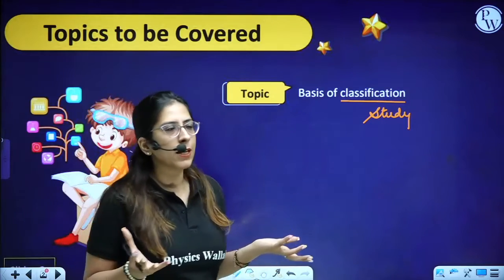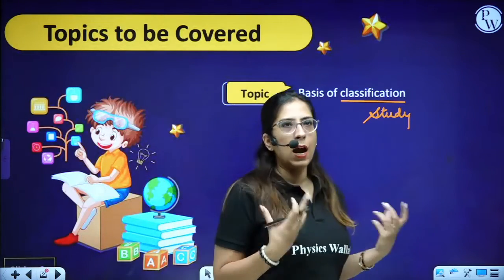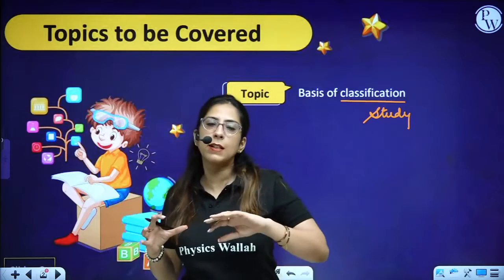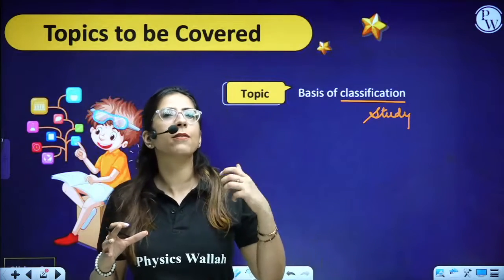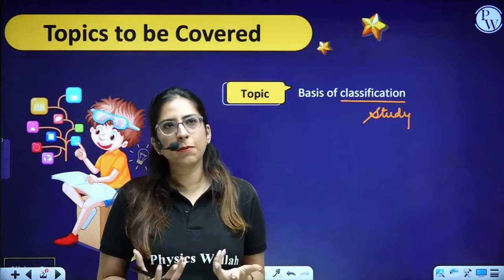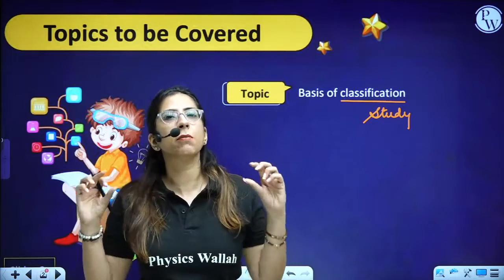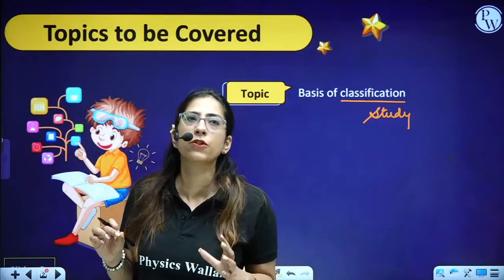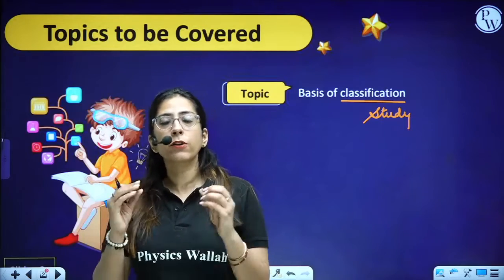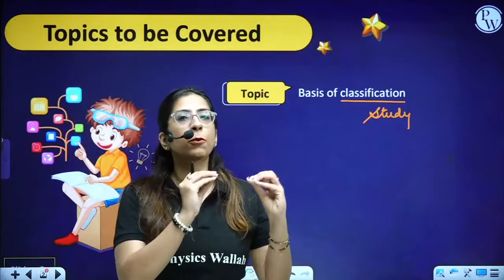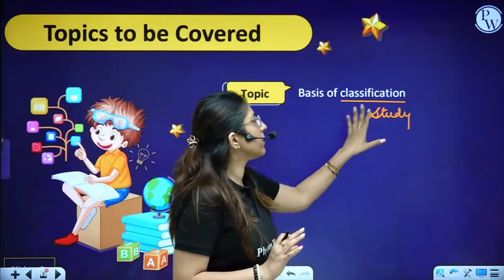Let's take one more example. When we talk about our names, sometimes they do not determine our features. So a name is given, but here the scientific names are given on the basis of the features. They are classified into different kingdom, phylum, group, etc. So this is for the study.